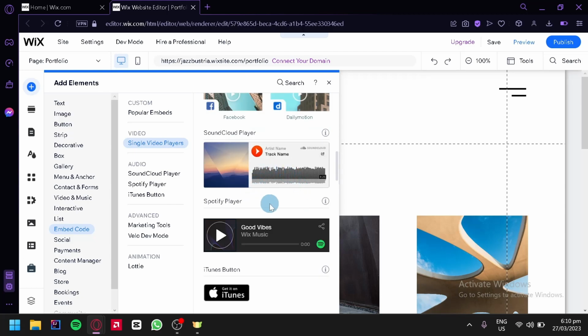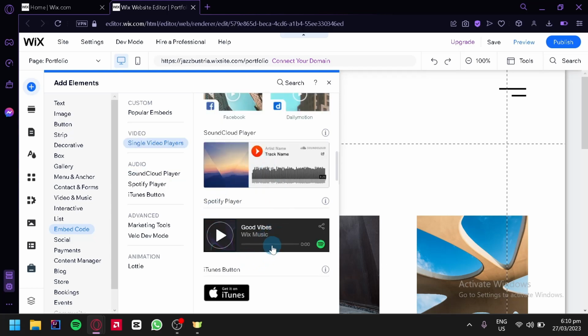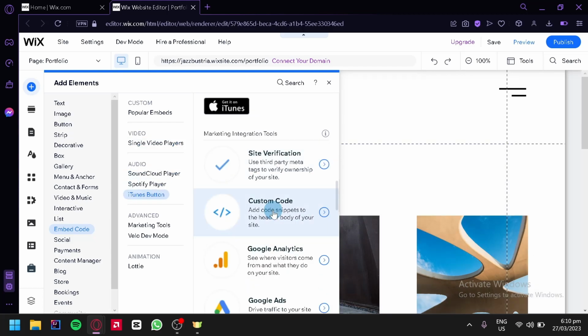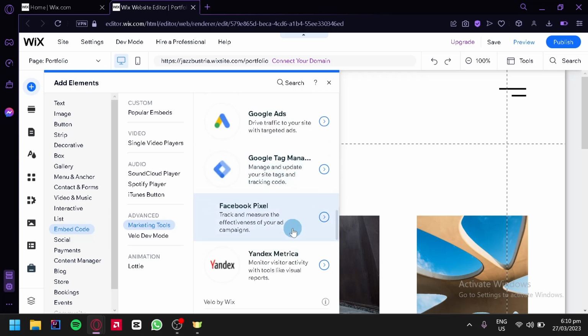Now, there are also music players such as SoundCloud player, Spotify player, and iTunes button. You could choose any of these options if you want to have a music option on your website. There are also marketing integration tools over here like site verification, custom codes, Google Analytics, Google Ads, Google Tag Manager, and